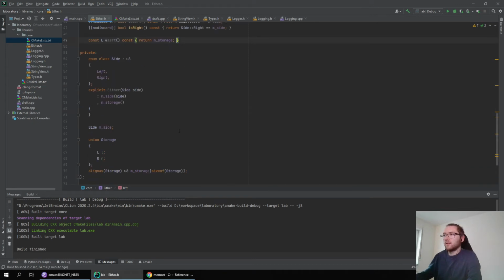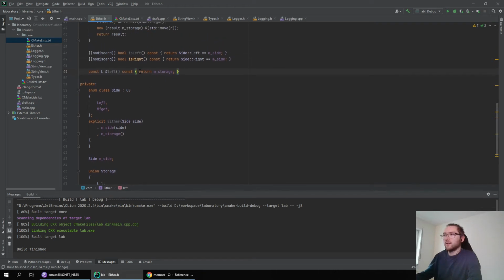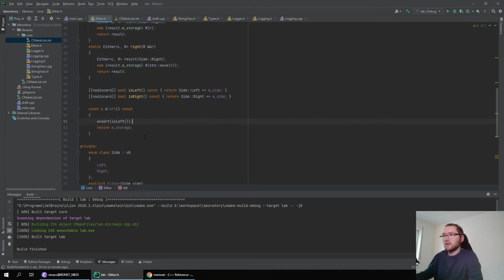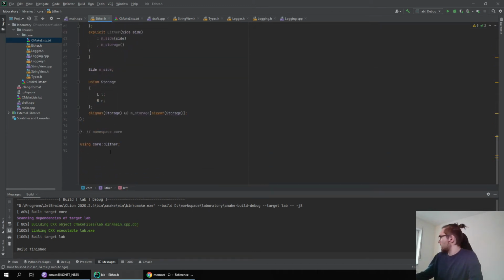How can I convince it that I indeed store the left value in there? So of course I would like this method to crash if we actually store the right. How do I access this? So this is a storage. It is just a raw byte array.